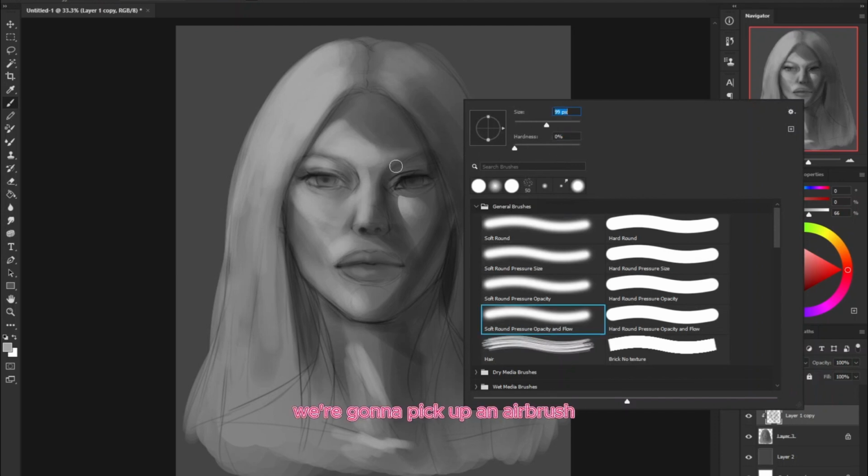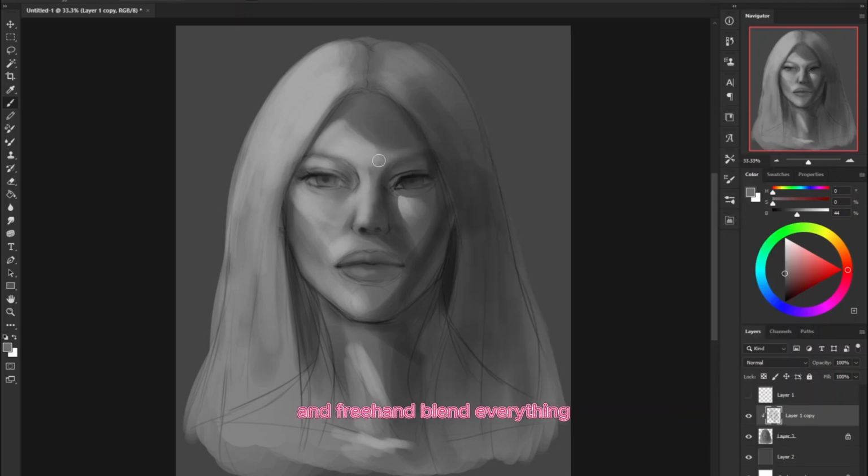Now we're gonna pick up an airbrush and freehand blend everything so we can achieve that soft look on the skin. My technique for blending with the airbrush is to pick up the already present color and blend it with the other values by creating a soft transition between all the values present using the airbrush. Using this technique, I blend the light on the cheekbone, the mouth area, and the chin and jaw. I'm adding some reflected light to the shadow on the forehead to make it more interesting and soften the shadow